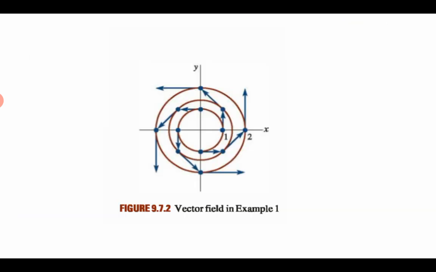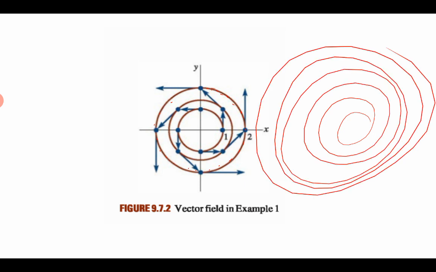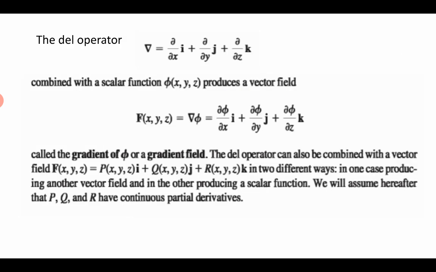Now we will draw one full graph for a vector. By using MATLAB you can find vectors for every point on the xy plane. It will be showing the entire flow of the vector. It has a rotation. It's going in this way, isn't it? So you can find this vector has a rotation. Not all vectors. Now we are introducing you the del operator.